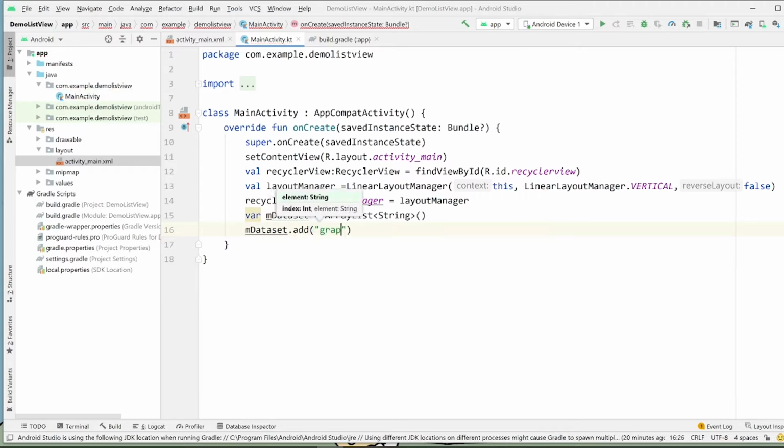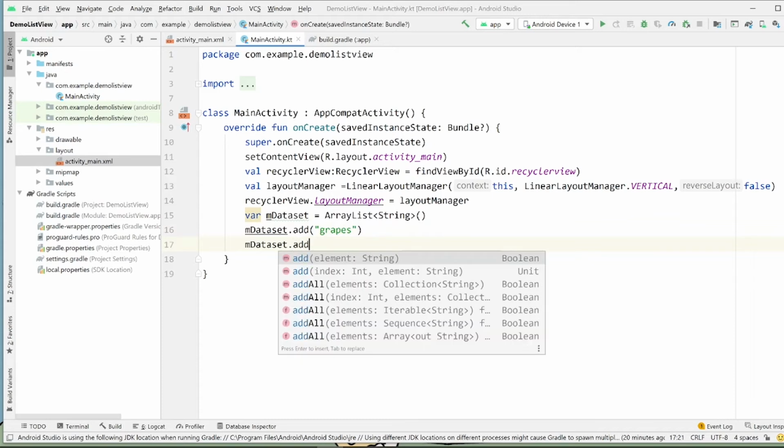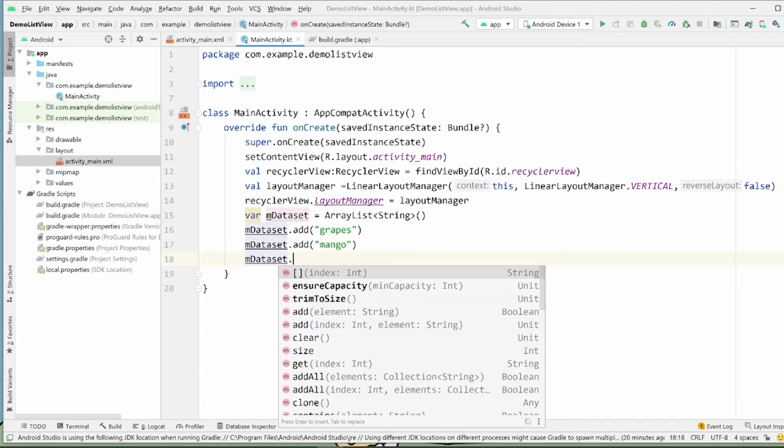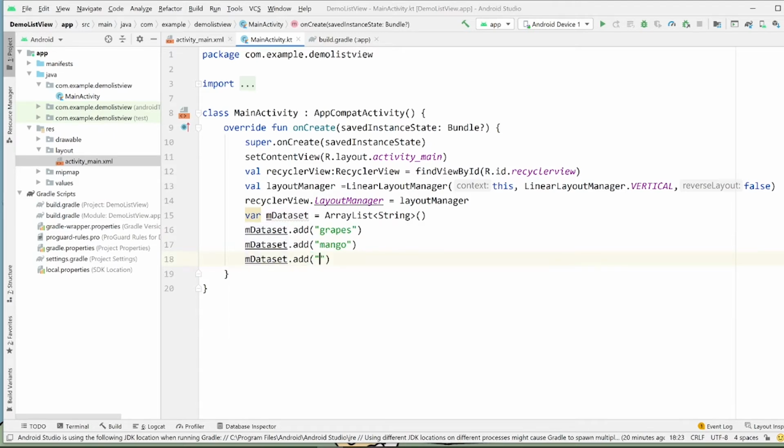Grapes. What's the next? I'll add a third one. Apple.